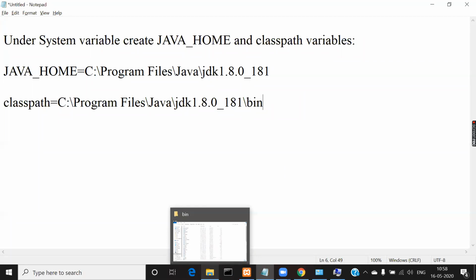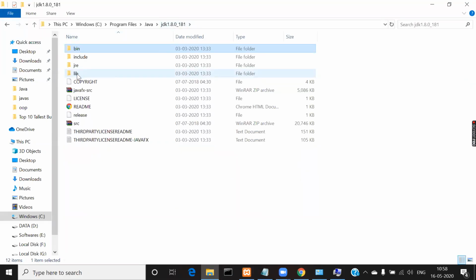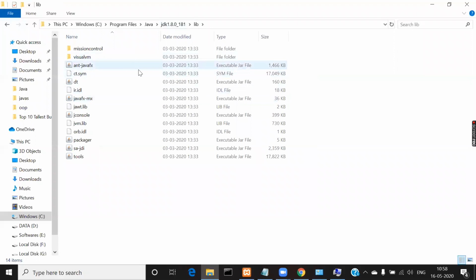You can place that jar file anywhere on your system, but it is suggested to go to the lib folder of your JDK folder, where you'll find a list of jar files. You can put it here, but I didn't put it here.